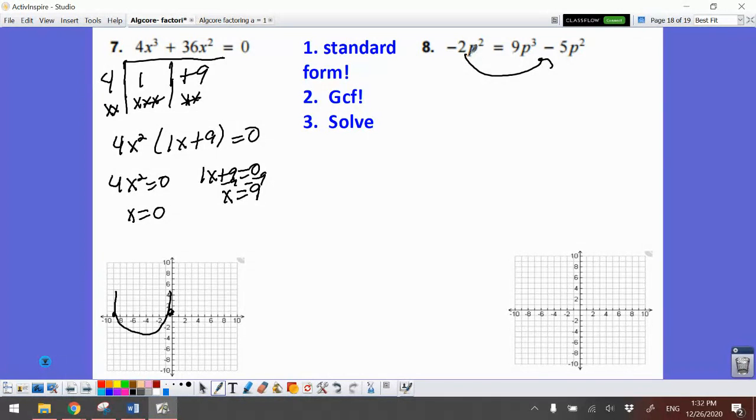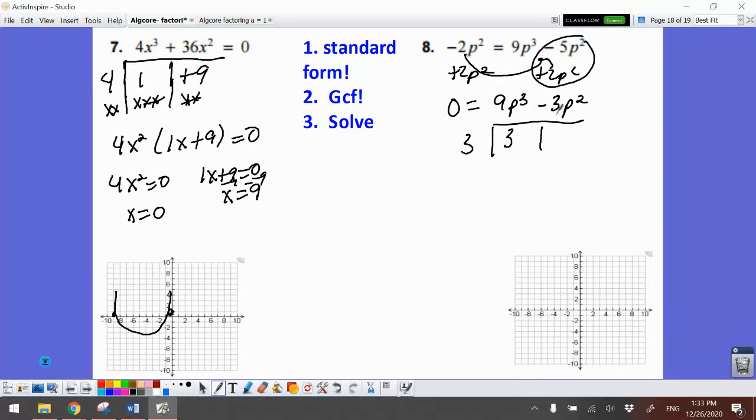Okay, so this one, let's go ahead and move this negative 2p squared to this side. So I have 0 equals 9p cubed minus, well, these are like terms, so minus 3p squared. That makes my life even easier. Negative 5 plus 2 is going to give me a negative 3. So now if I factor out things that are in common, I can take out a 3. So 9 divided by 3 is 3. Negative 3 divided by 3 is negative 1. And if I have 3 p's and 2 p's, I can take out 2 p's. So I have 3p squared,